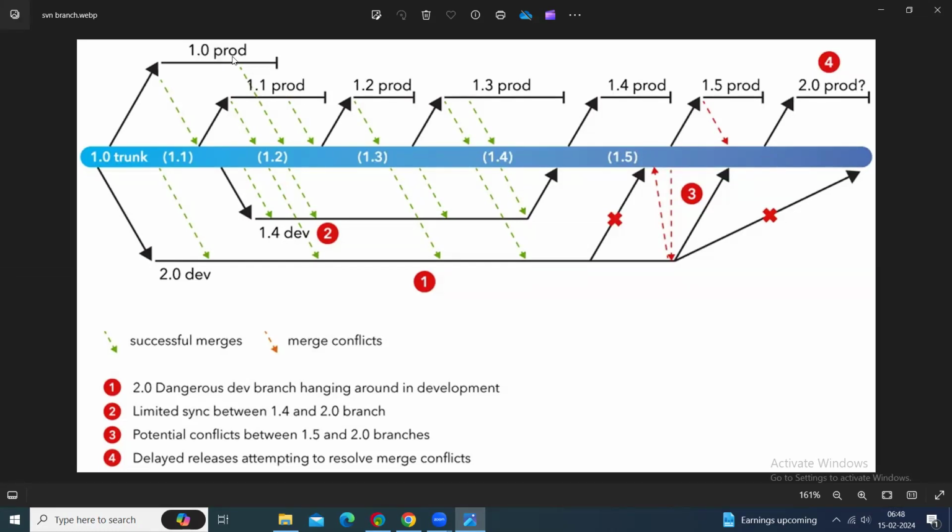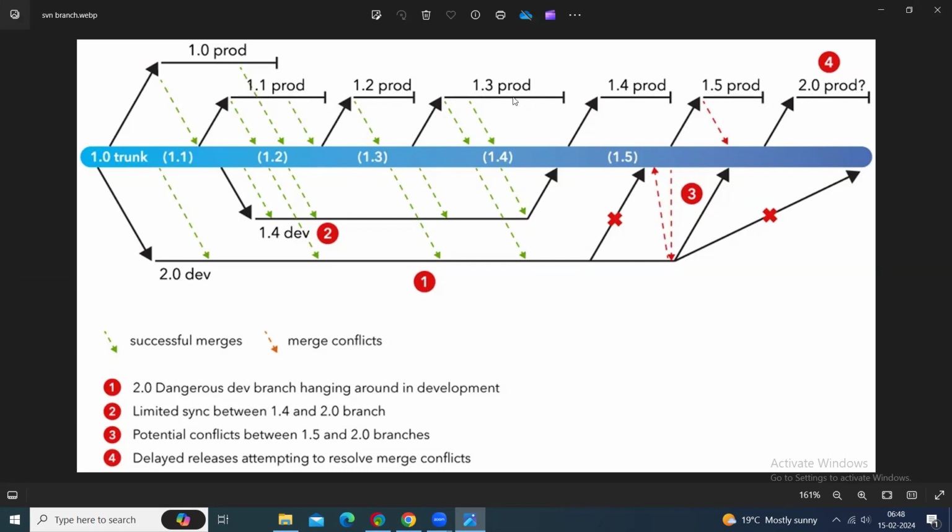Okay. So next, after 1.0, next release is 1.1. So 1.1 also you're going to release to the production and the tag is 1.1 prod. See now, even 1.2 is done, 1.3 is done. Okay. So after the 1.3 tag,